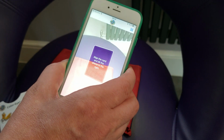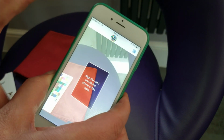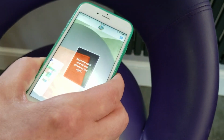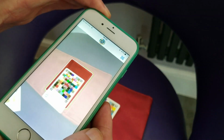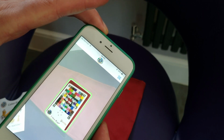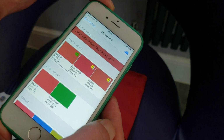We're going to measure this sample of red here. Make sure your card is flat to the surface. We're now going to take our phone and make sure that the phone is aligned both vertically and horizontally, and we're going to get the card so it's exactly filling the frame. You see the frame with the 4 green outer corners? That's informing me that the phone is exactly in the right position, and it's now come up and found a